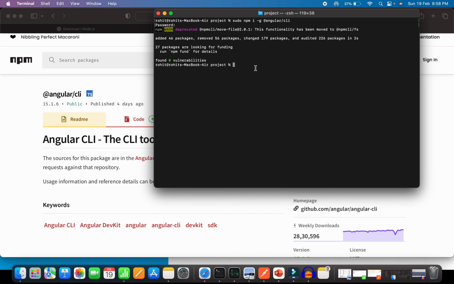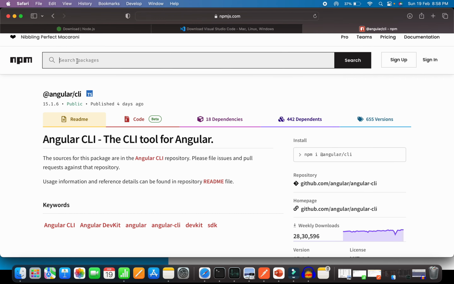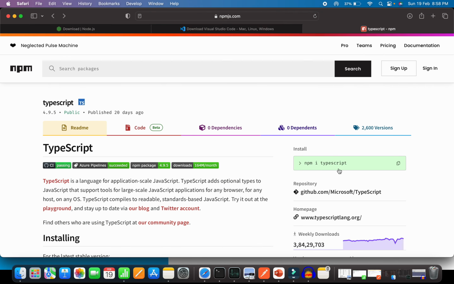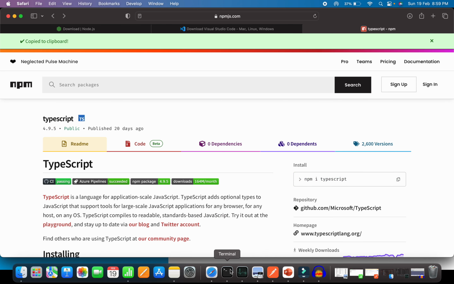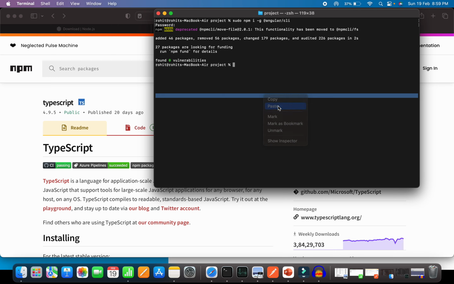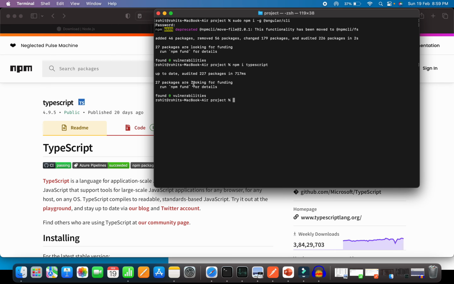After we successfully install the Angular CLI, we need to install TypeScript. You can also use the same Node Package Manager to install TypeScript, and it will show you this command, npm i typescript. Just copy this command and paste it in the terminal, and you can see it also installed